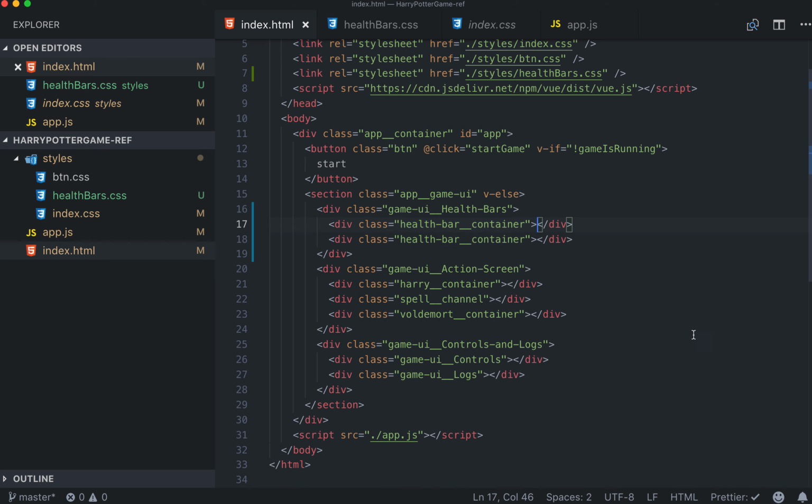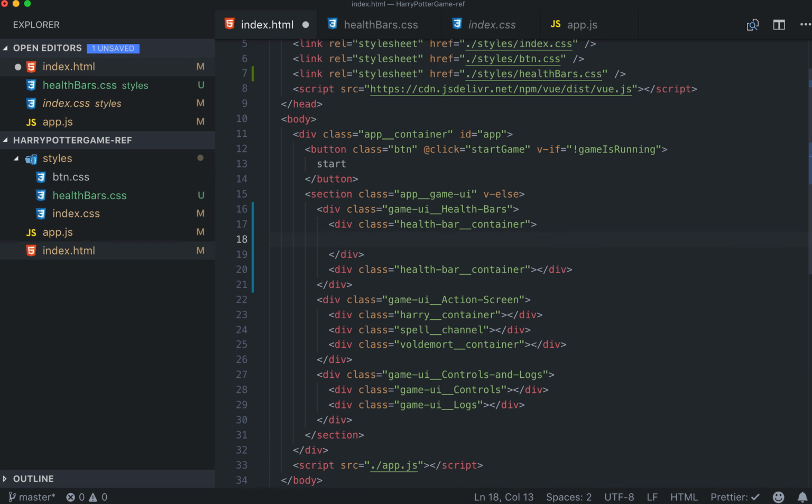So in each health container, I want to input the real health bar. So div dot health bar dash dash Harry,